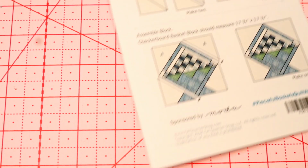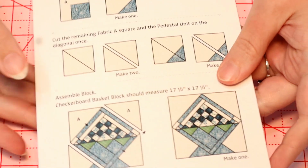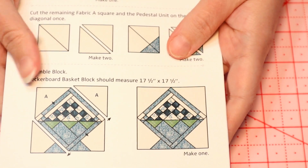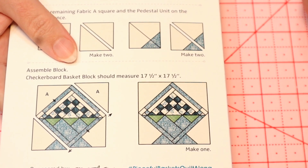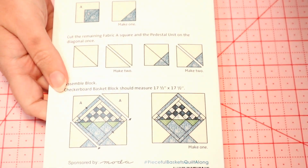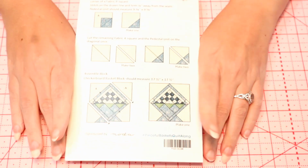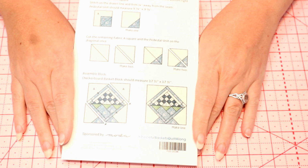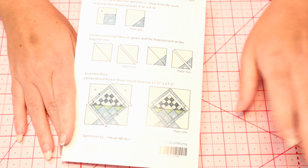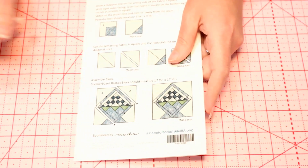And oh gosh, I never know which way to hold the block of the month so that I'm not revealing too much. But I think the back is where I need to turn it. So we have another basket. It's another basket for our basket quilt block of the month thing. I am looking forward to seeing what we're going to get for the new year for block of the month. I really, really am. And I think these baskets, it's not that